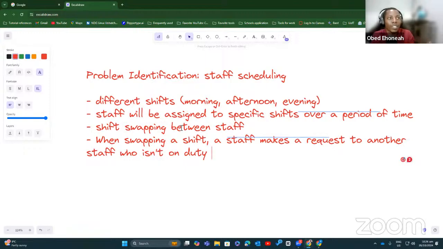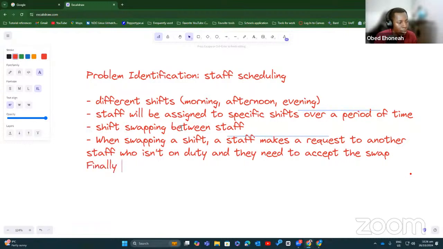Assuming two of us are working on the same day, the same time, on the same shift, and you want to swap, you can't swap with me because I'm going to be working, right? You have to swap with someone who is not working. Then that person needs to accept the swap. Finally, the manager needs to approve the swap for it to take place.